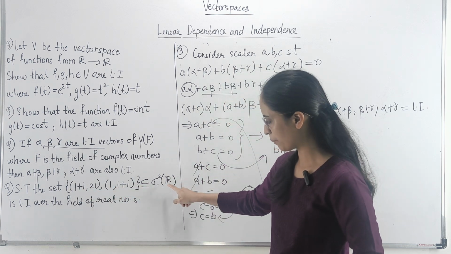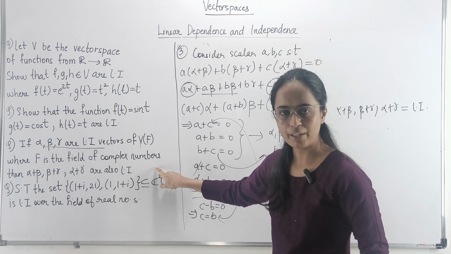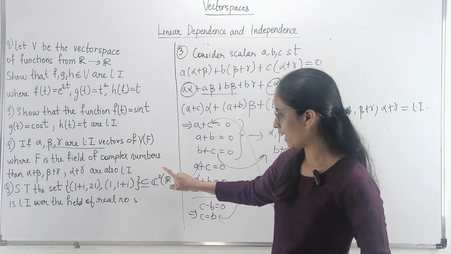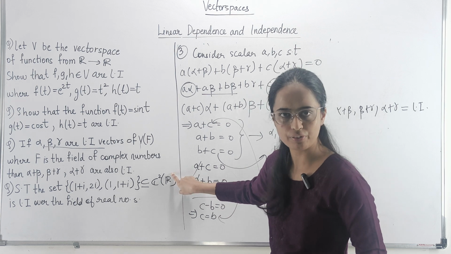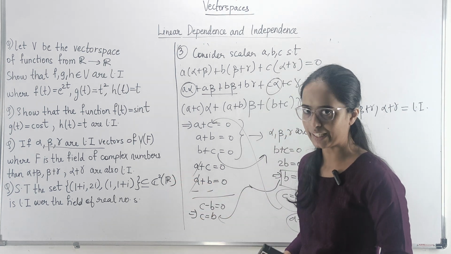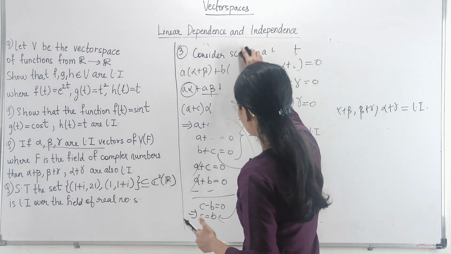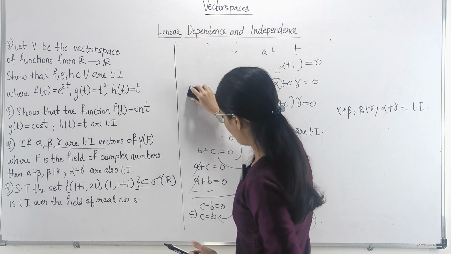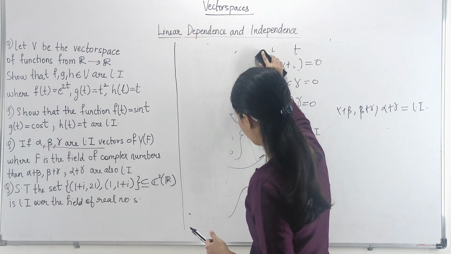So C2 of R meaning you're taking the field of complex numbers जहाँ पे हम लोग को 2 tuple के form में elements मिलेंगे, and when I say R it is over the field R जहाँ पे जो a and b के values है वो आ जाते हैं real numbers के field में से. So let us try solving this problem. Again this is a very simple but a different problem from what we have solved up till now.